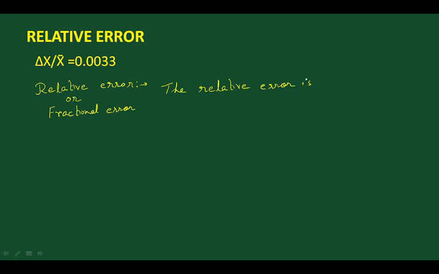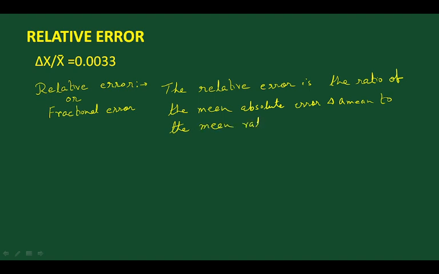the ratio of the mean absolute error, del a mean, to the mean value of a, that is a mean, of the quantity measured. That is, relative error is equal to